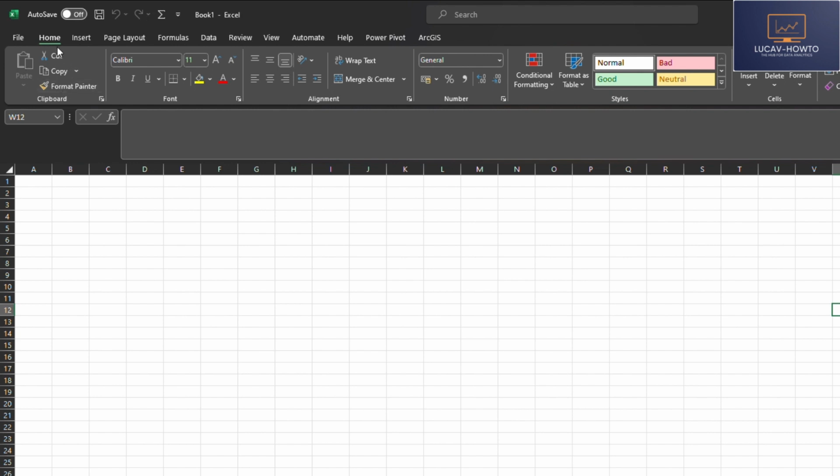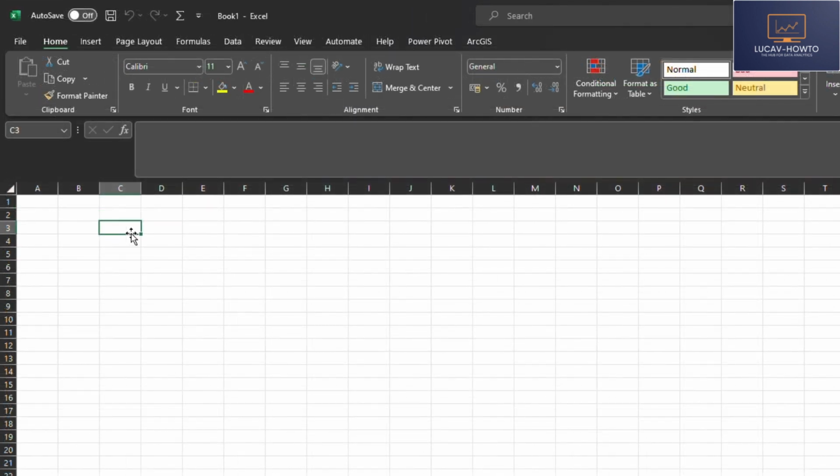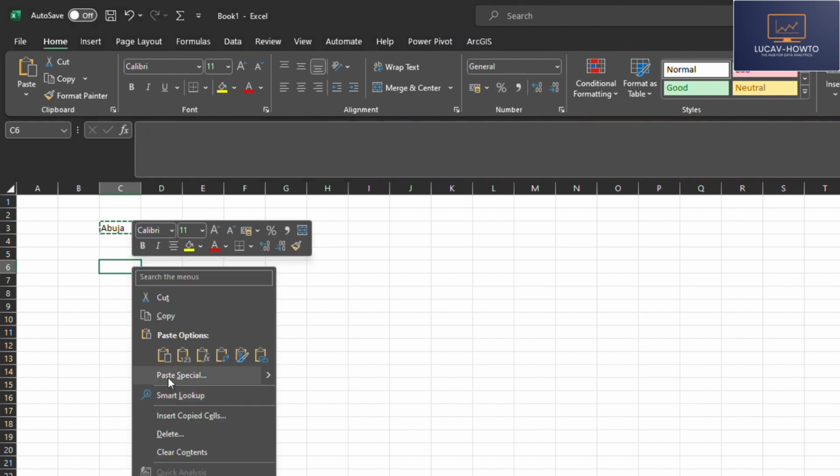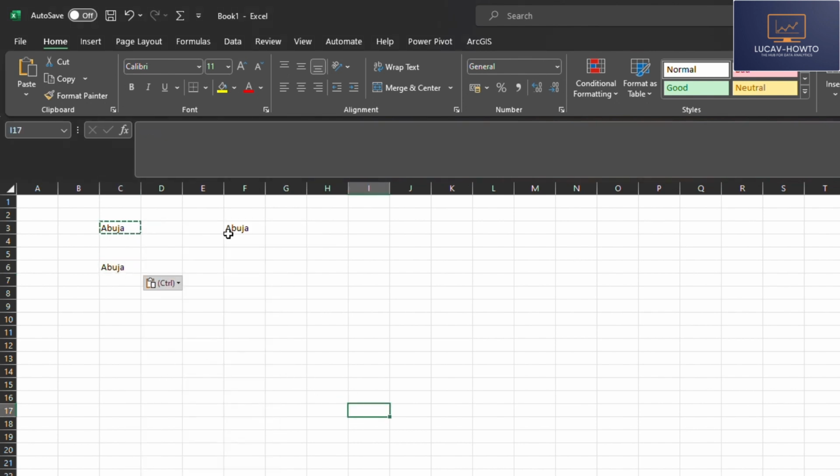So these are the tools. It's easy. For example, when you write Abuja and you want to copy and paste, you just come here, highlight it, and then say copy, and then you come here and click on this, and that's paste. You can as well use your right click, copy, and then come to another cell and paste. I believe a whole lot of people are very much acquainted with this,